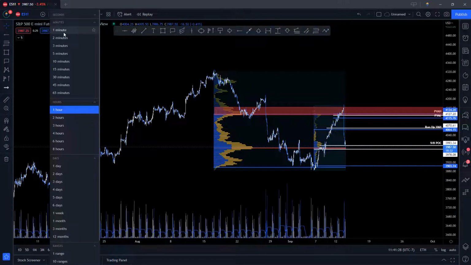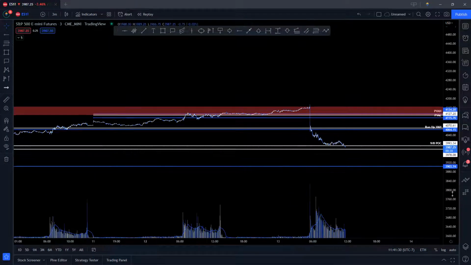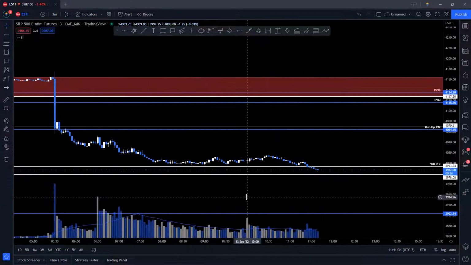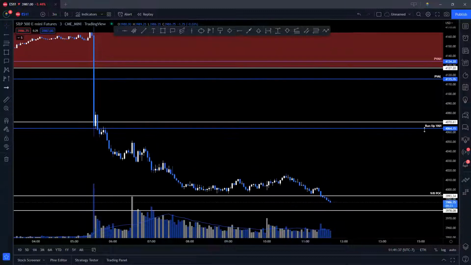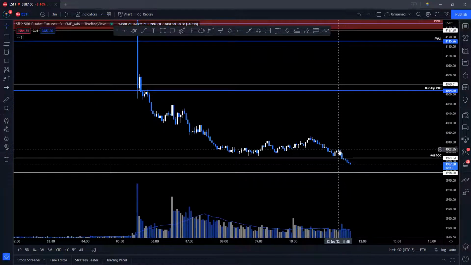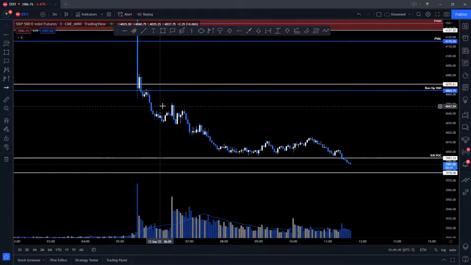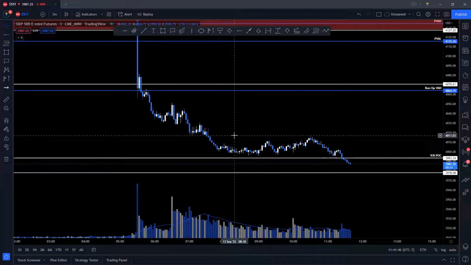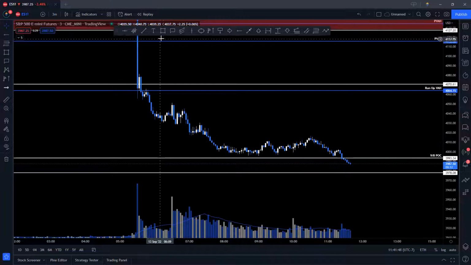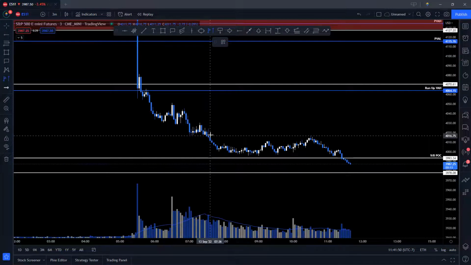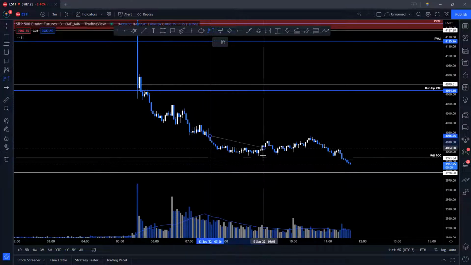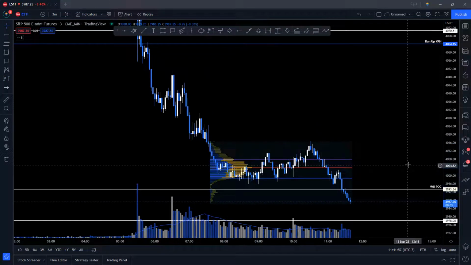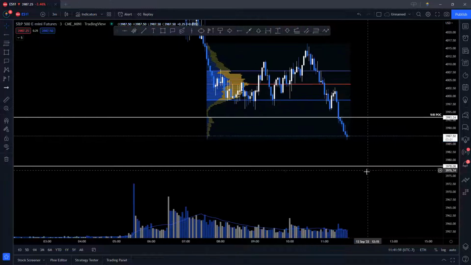And then this one here, I actually just learned from Shorty, which I thought was really cool. I've never done this before, but he was just demonstrating, prior to this dump here, that we've been consolidating for a good bit here, basically right about there. So you can grab your fixed range volume profile from the high to the low of this. And this gives us